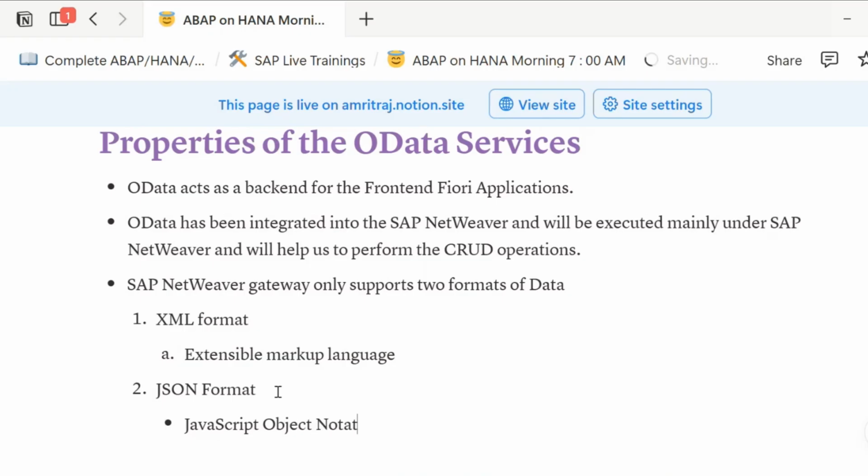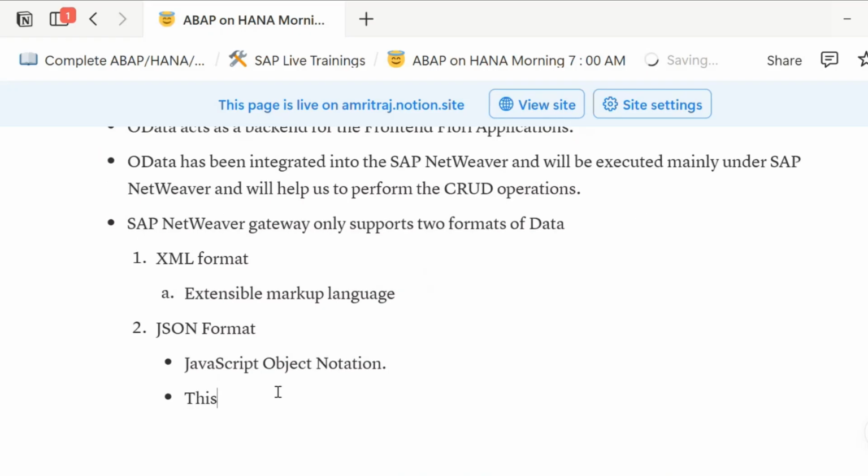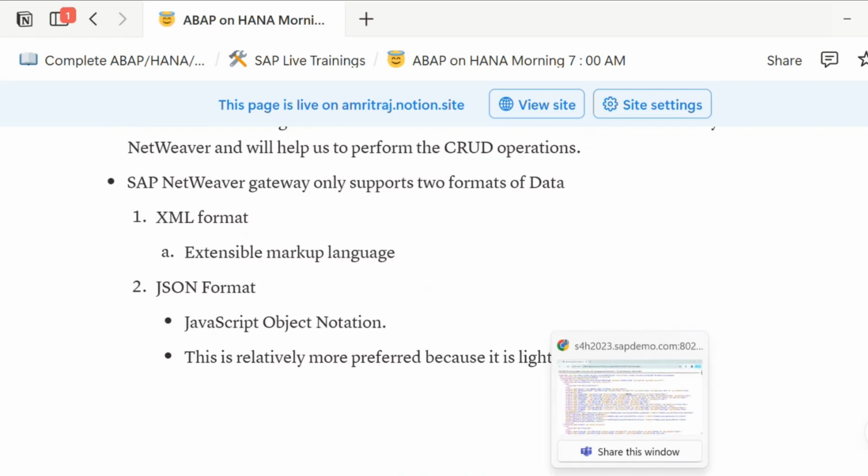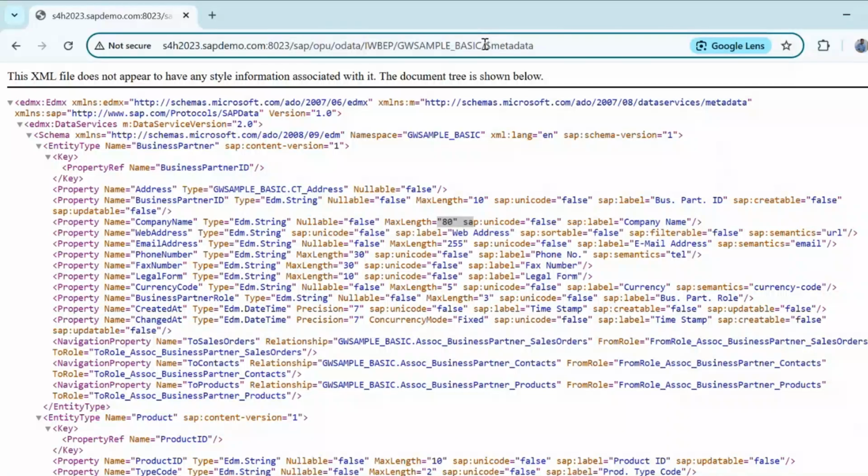Object notation. This is relatively more preferred because it is lightweight in nature. That's why it is more preferred. So here, if you check this at this moment, if you go back,